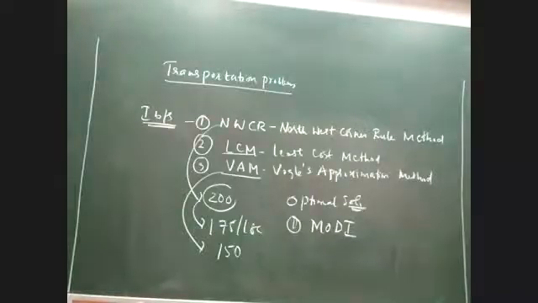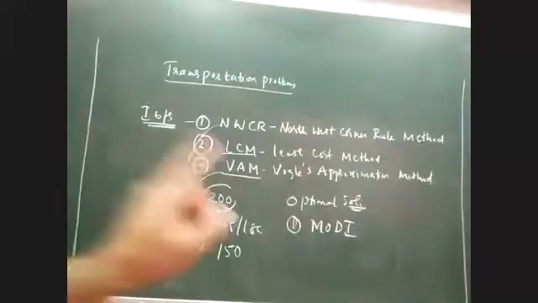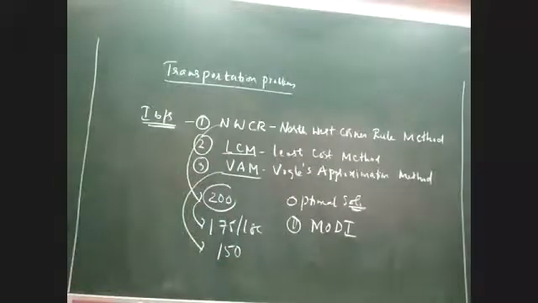Actually, there is one more method called the stepping stone method, but that is not part of your syllabus, so we're not discussing it. Overall, in this particular chapter, we are going to study 4 different methods. Which are the 4 methods? The first is the NWCR method. The second is the least cost method. The third is Vogel's approximation method. And finally, for the optimal solution, we are going to study the Modi method. Everybody clear about the 4 methods now?